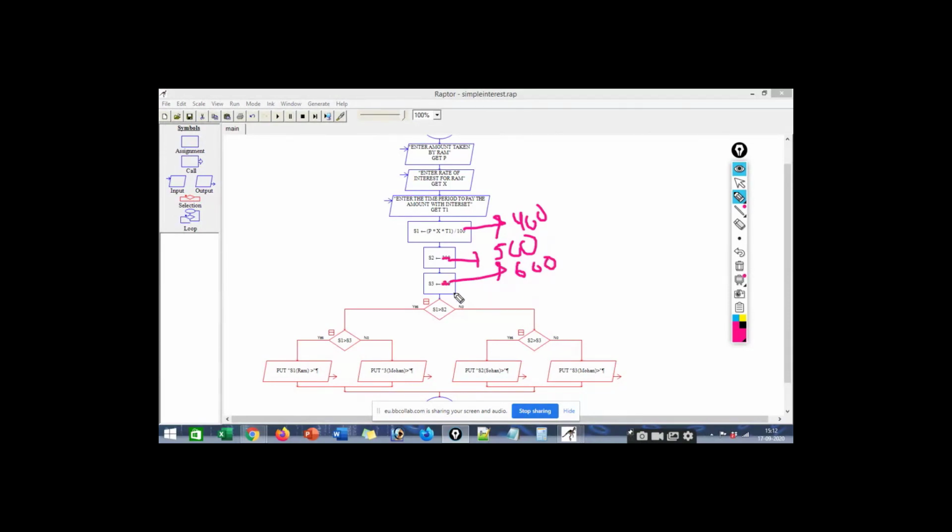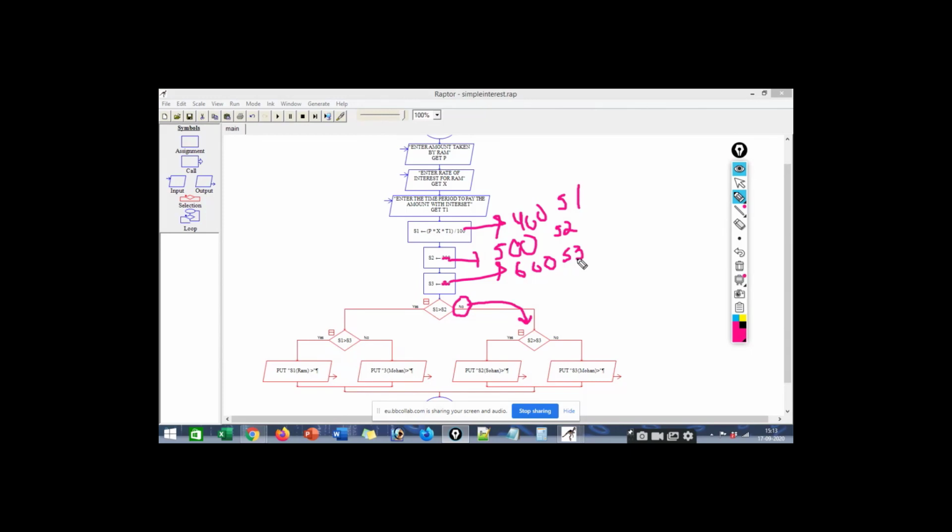Is S1 greater than S2? No. So we go to this part. This is our S1, this is S2, and this is S3. So S1 is not greater than S2.